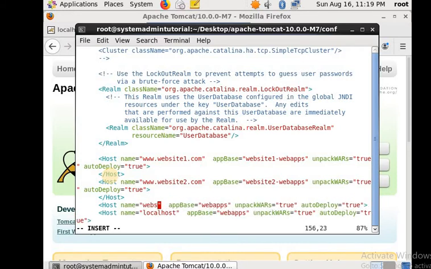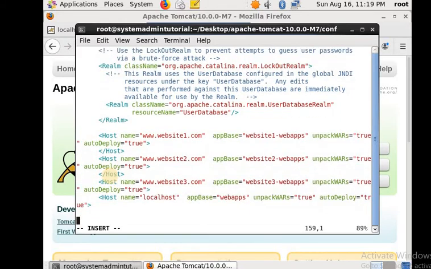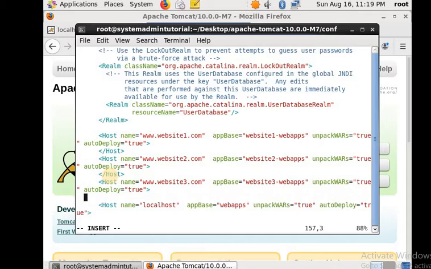Let it be website3.com. Here the directory is website3-webapps, and after this you have to close this. In each Host line you have to end the Host container.